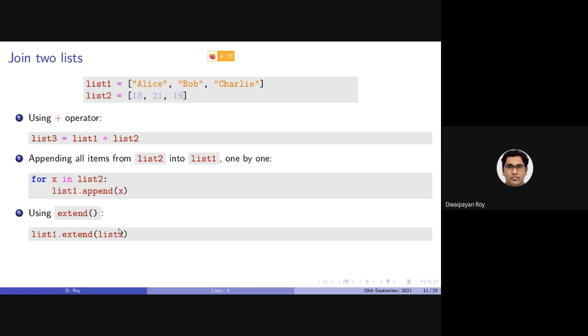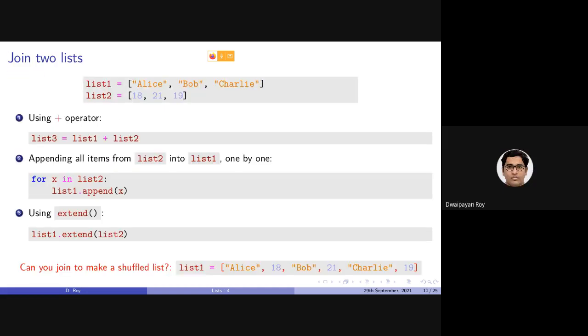Note that list 2 will not be changed. Now a small exercise for you. Can you join these two lists to make a list containing, say, Alice 18, Bob 21, Charlie 19? It is called a shuffled list. So can you make that? Please try that at your end, and if you are facing any difficulty or not understanding how to do that, please let me know later on.